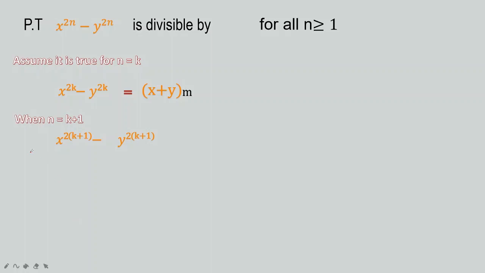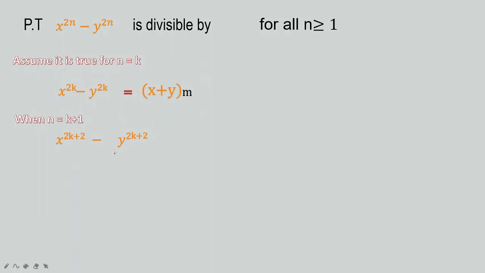Now remember to put the brackets. If you don't put the brackets, you're going to make a big mistake. So it is 2 into something. That 2 into something is a k plus 1. So open the brackets, it becomes 2k plus 2. Now what can we do? How can we substitute this thing here?